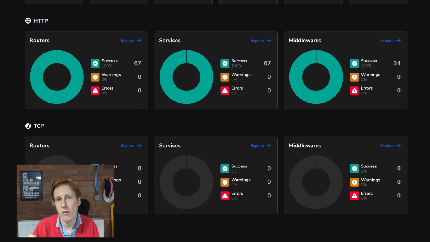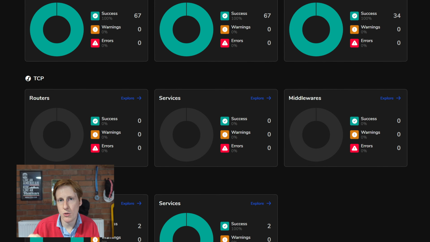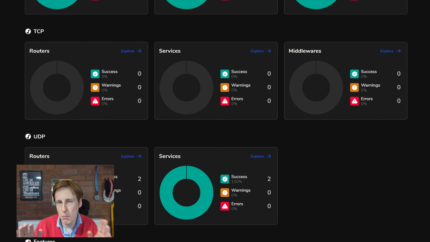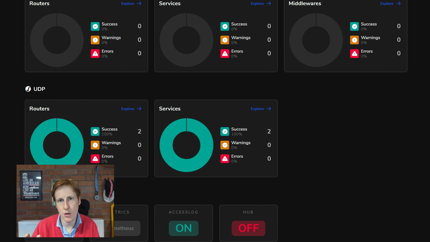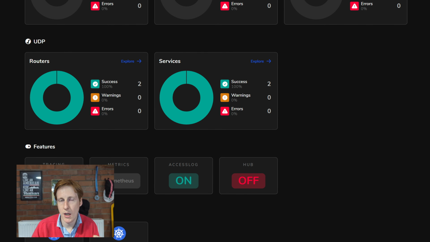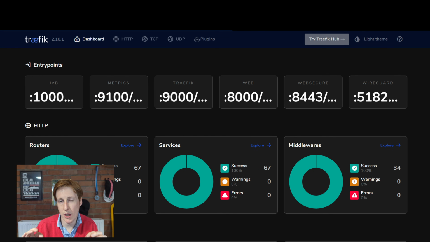It shows you all of the things that you'll need to know, and it's a great tool for debugging. It gives you a single pane of glass to make sure that your proxy is set up and configured properly and helps you pin down problems really quickly. So now that we've found the Docker installation guide with Let's Encrypt support, let's have a look at what that